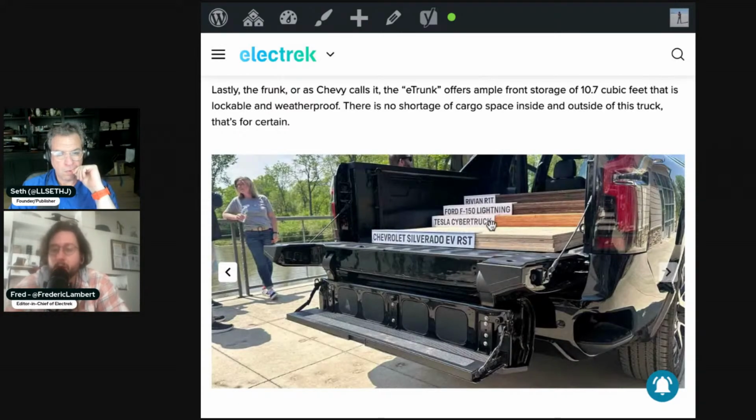and then you see the Cybertruck second best in the back, third best the Ford Lightning, and then the R1T is notoriously a shorter bed. So I think this is a good representation. The last three are pretty close, but yeah, I get it. Yeah, and everyone has different needs, so